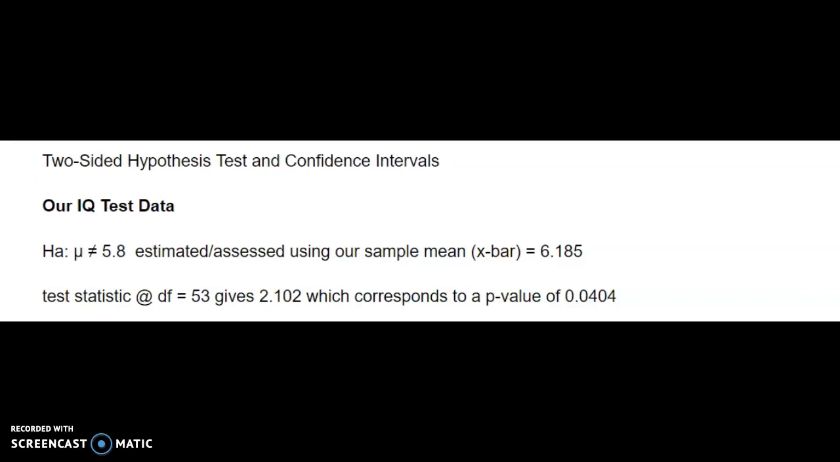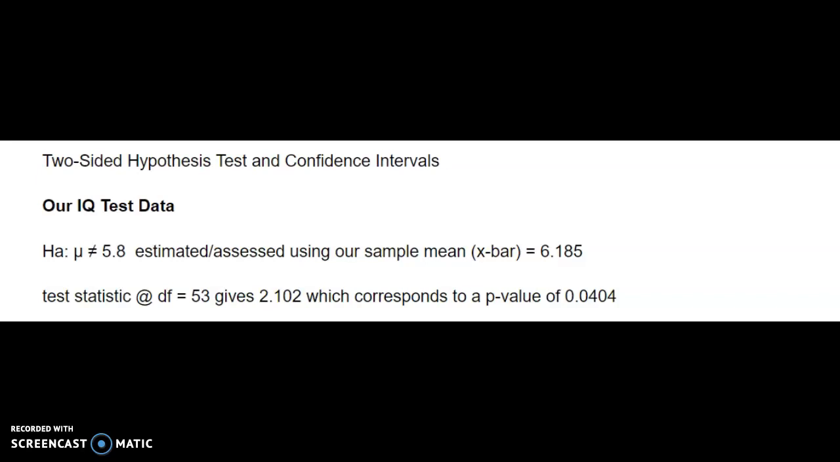Okay, so the question was asked about the two-sided hypothesis test and how that relates to confidence intervals. First I wanted to show you an example with our IQ test data. Again, with that whole group, we used a claim of 5.8. So if our alternative were not equal to 5.8, saying that we were just different somehow from that, what result would it give? Again, estimating with the confidence interval, assessing with the test, using our sample mean X bar,